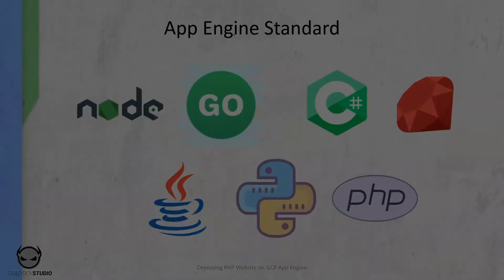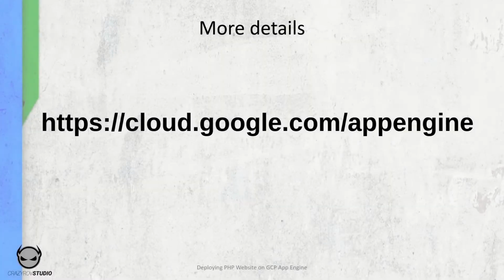There are a lot of features and functionalities that App Engine supports, but in order to keep this video as short as possible, I am not going to go through all the features and functionalities except for the two main functions or features that I think are advantages in App Engine. First is that this is a fully managed service, which means that we do not have to worry about anything else other than our code. So GCP is going to manage the platform for us.